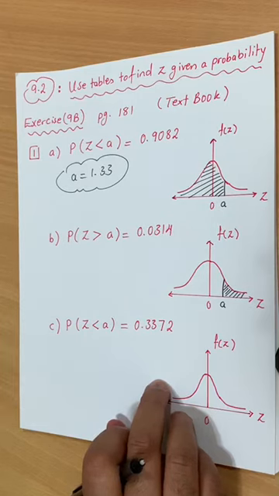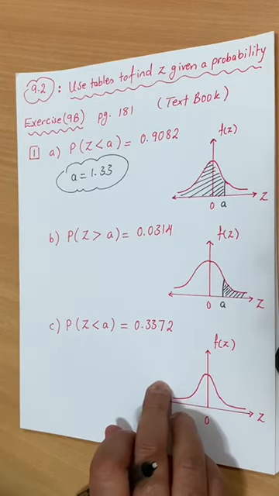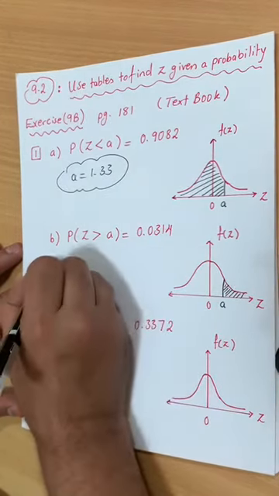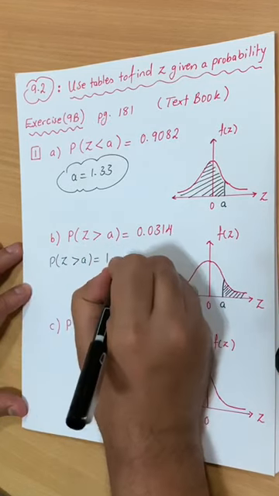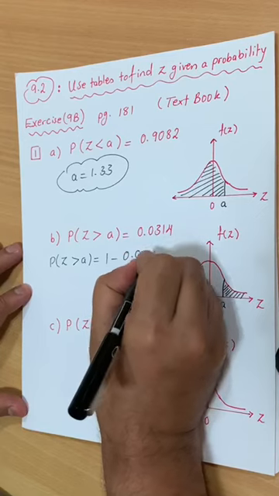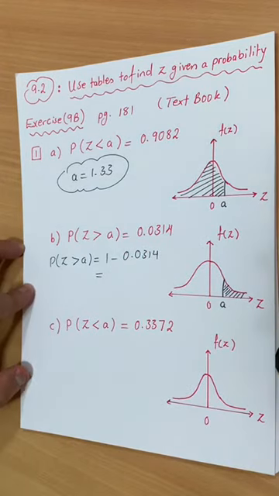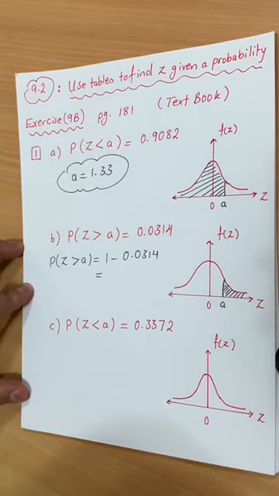You know that the probability of Z, or the area under the curve, for the value more than positive A is equal to 1 minus table value. So here you're supposed to do Z more than A is 1 minus 0.0314. Why do you do that? Because you want to reach the table value. So 1 minus 0.0314, which is